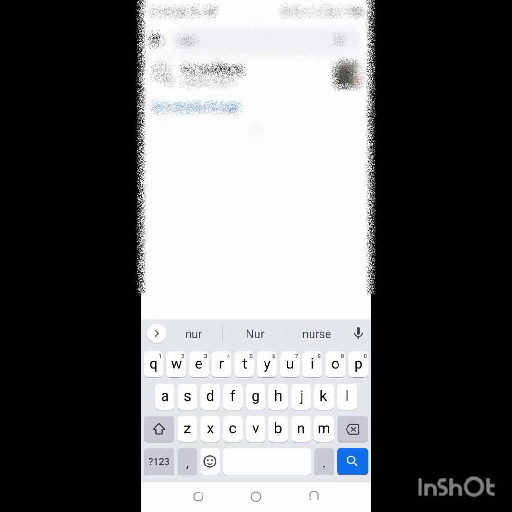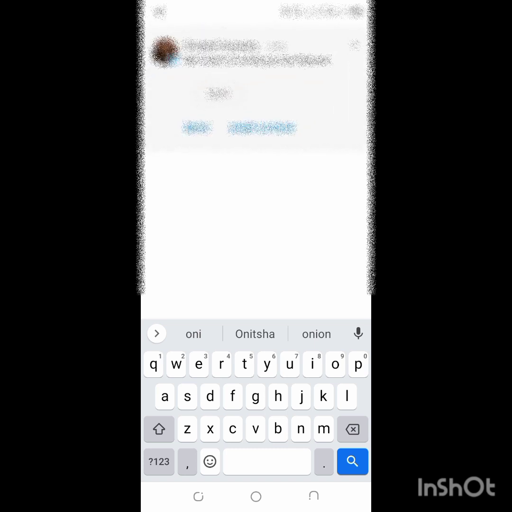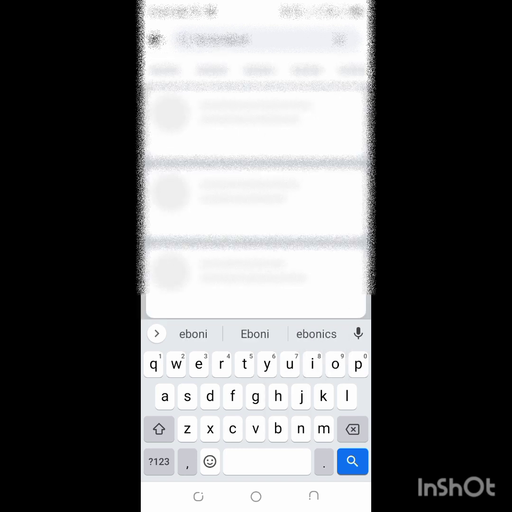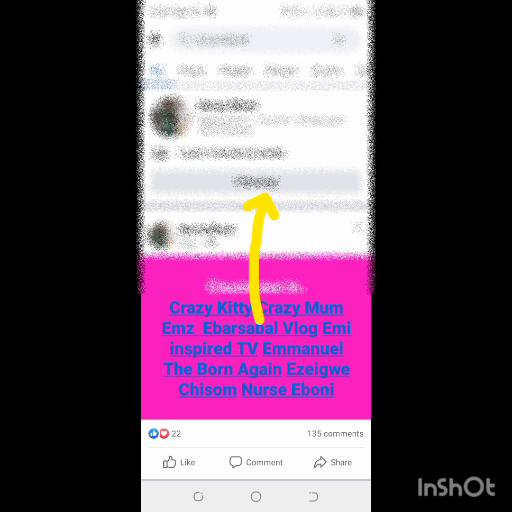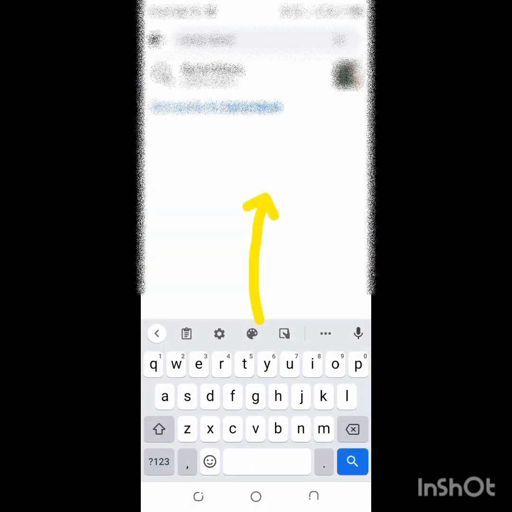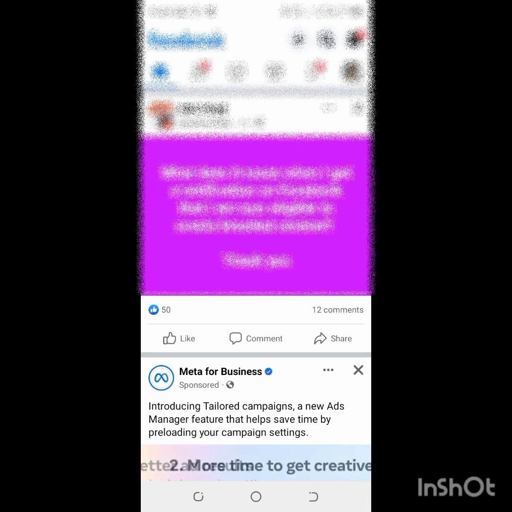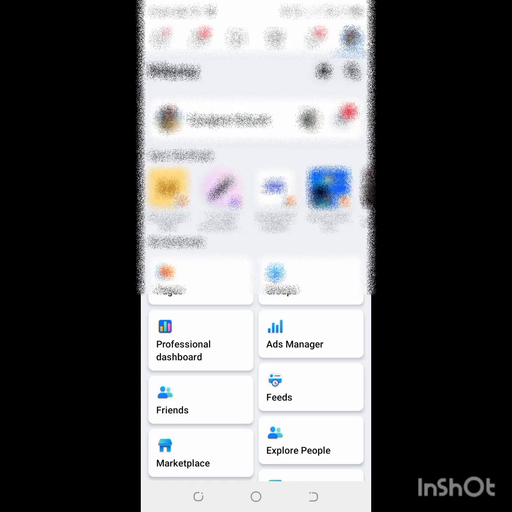Let's take for instance, let me search for one of my pages, though this Facebook account is an admin already to all my pages. So when you search for the page, the page will appear. You follow that page. You click on this follow button, follow your page. All right, then after following your page with this new Facebook account,